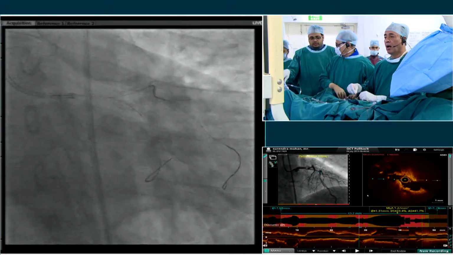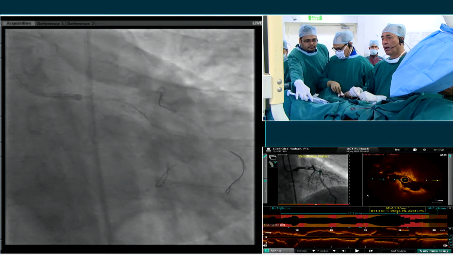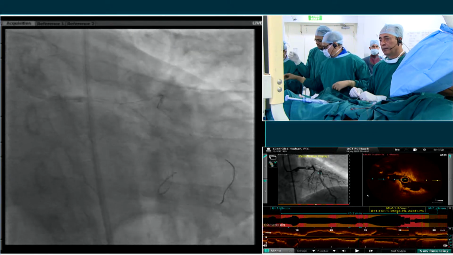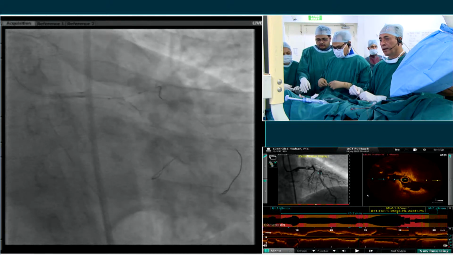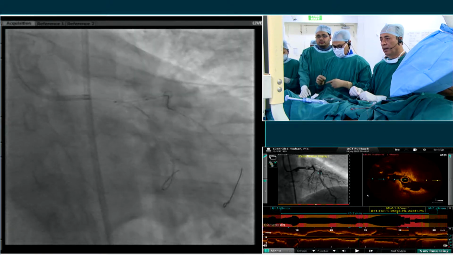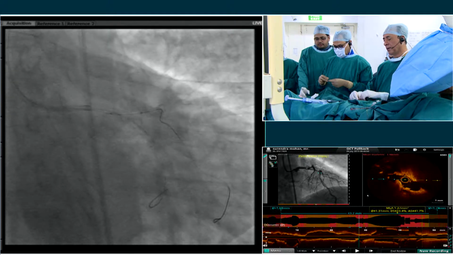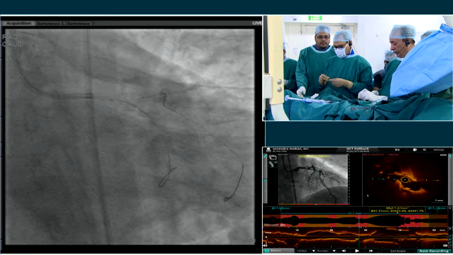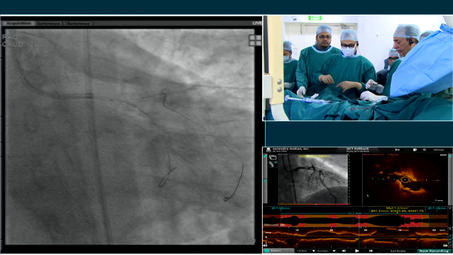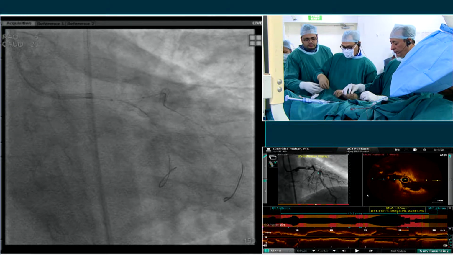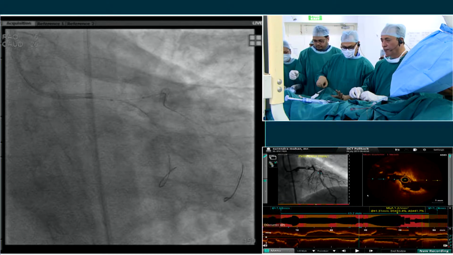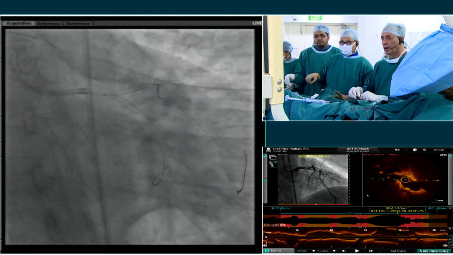Maybe a show of hands from the audience. How many of you are doing DK crush for your bifurcation strategy? How many of you actively avoid doing the DK crush for your bifurcation strategy? Nobody admits to that. But there are a lot of people that do, because it's complicated. If you find that this angle of the circumflex is actually retroflexed